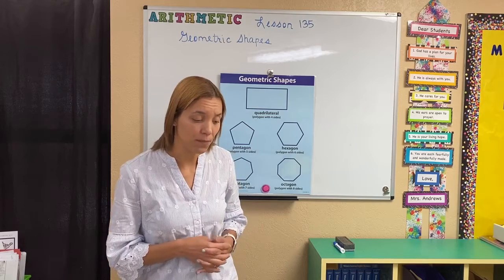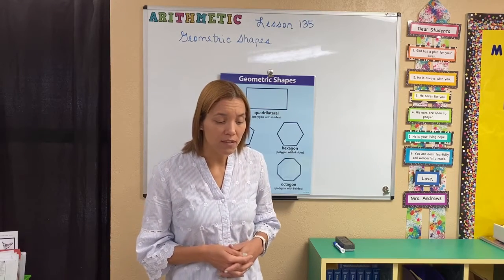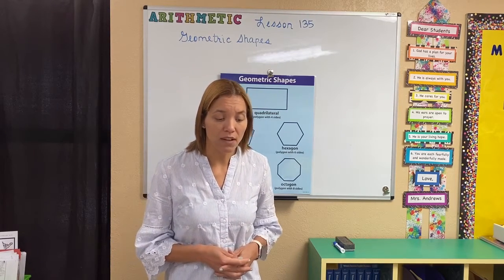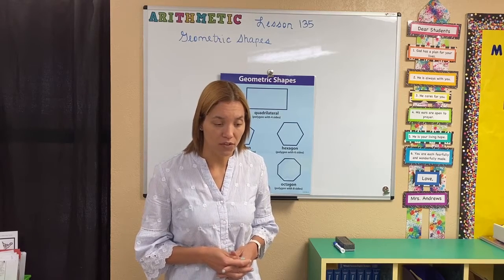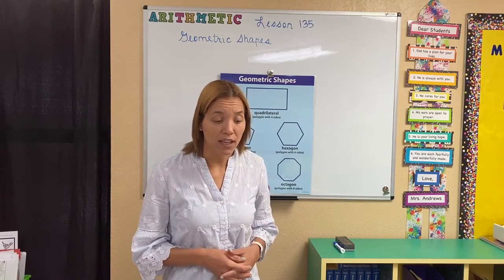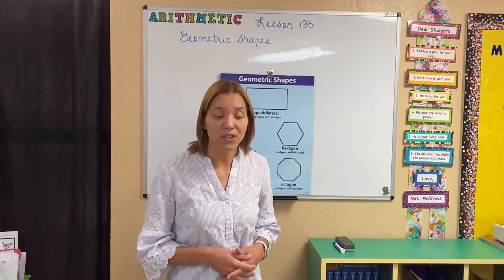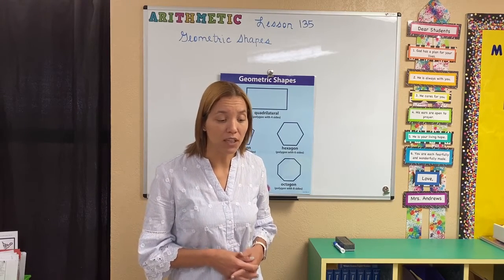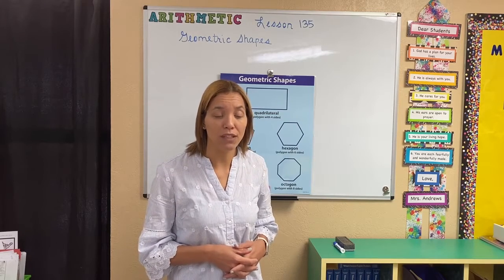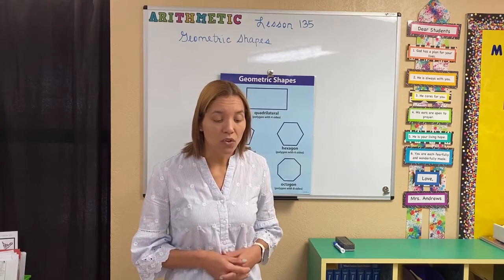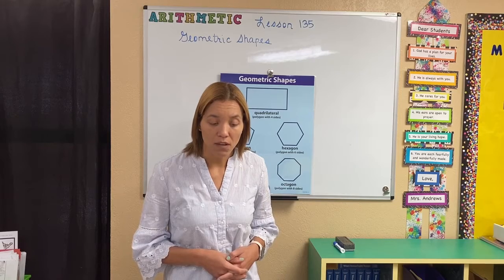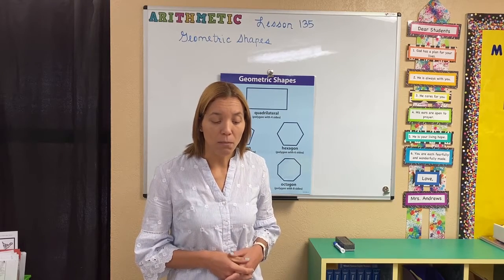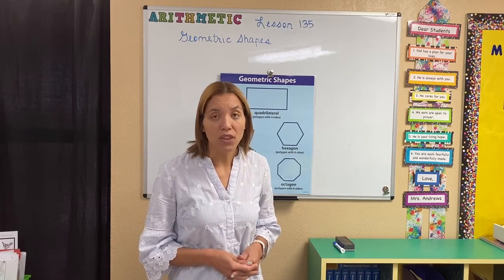exercises together. So the first one says, mark under the shapes that are simple closed figures. So we learned that the simple closed figure does not have a point of intersection. That's the meaning of it. By looking at the shapes that you're given on number 1, which ones do you think are